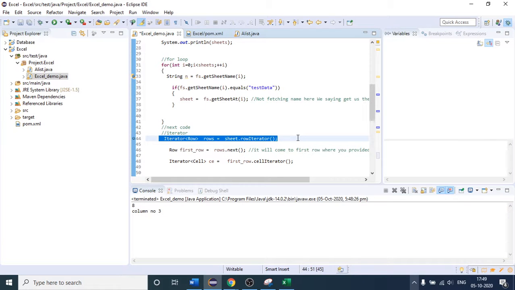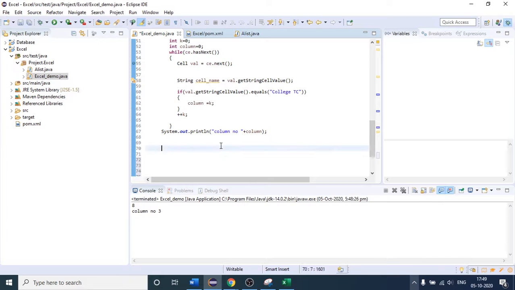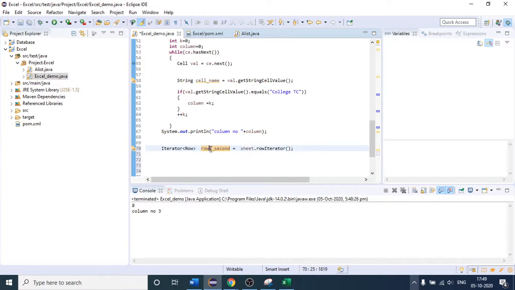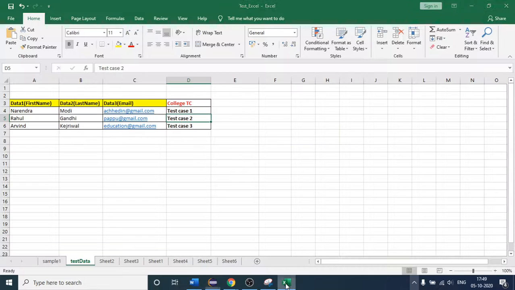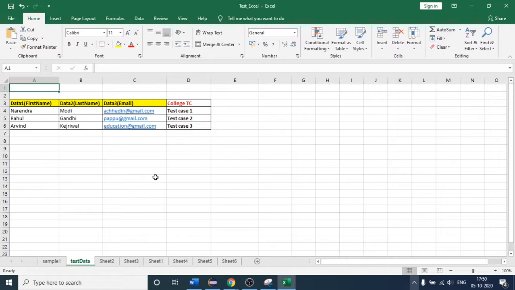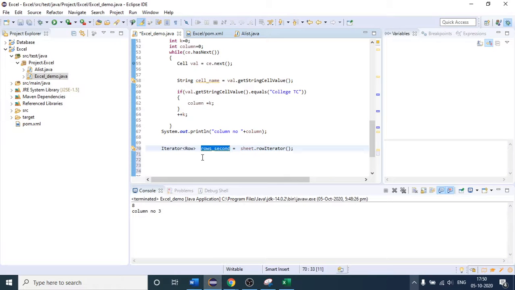We used it the first time when we were providing one rows iterator over the entire row. So let us create a new one. I'm not going to use that; you can use the previous one as well. So let me create the iterator of the row. This will give me one iterator, which is this name, and with the help of that iterator, I will be able to traverse each and every row. So these are the rows. Again, I'm just placing one iterator over the row.